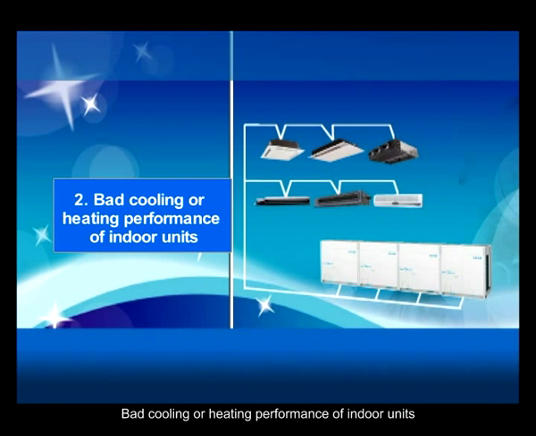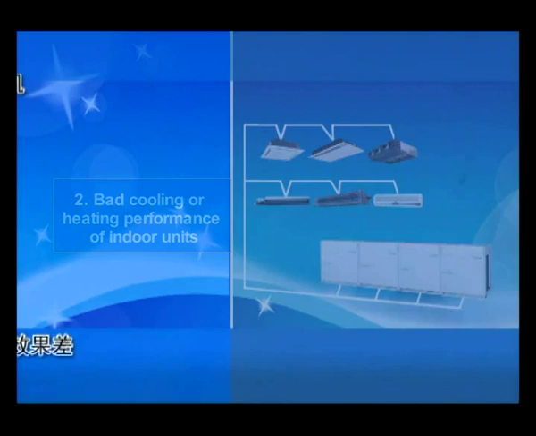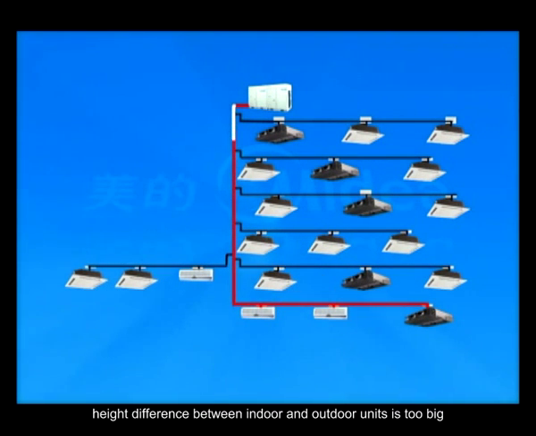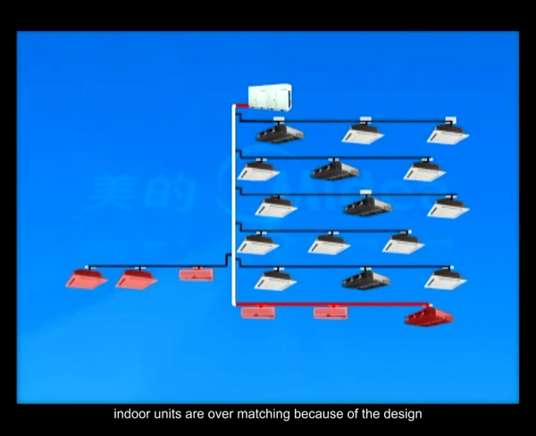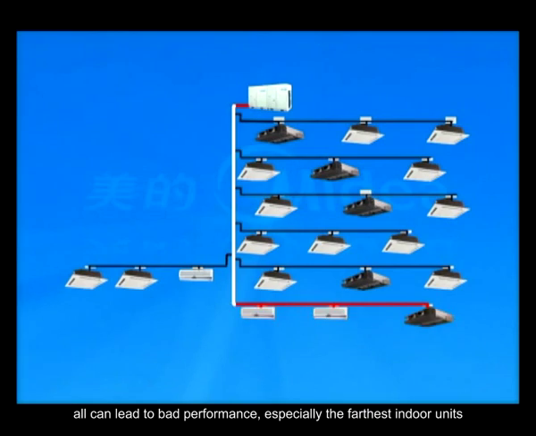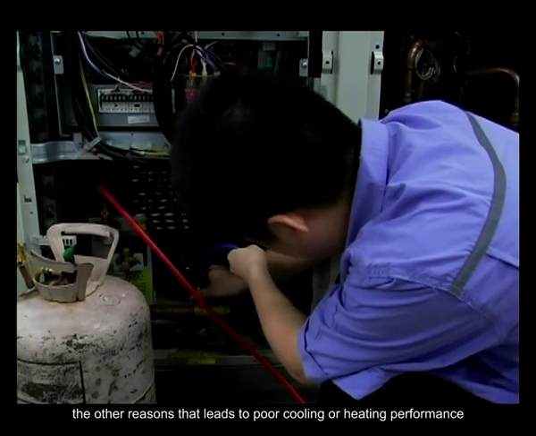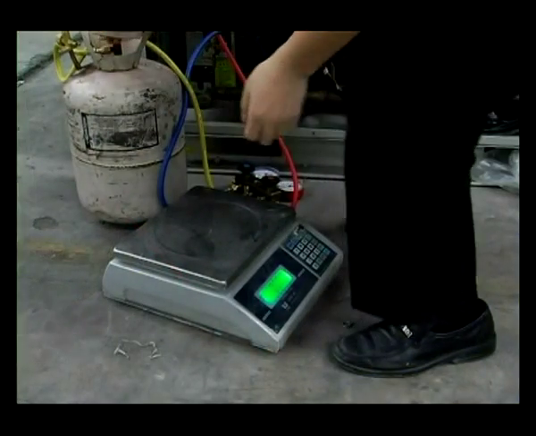Bad cooling or heating performance of indoor units. The system piping being too long, the height difference between indoor and outdoor units being too big, or indoor units being overmatched because of the design can all lead to bad performance, especially for the farthest indoor units. The other reasons that lead to poor cooling or heating performance: